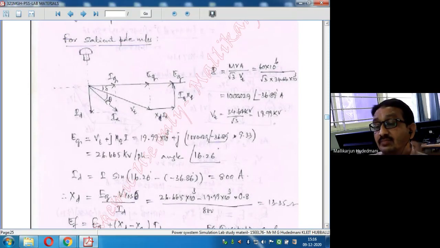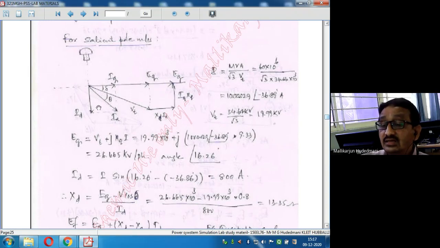I repeat: I began with terminal voltage Vt, behind which, lagging by an angle, the current Ia is represented. Ia is taken in two coordinates. The component of Ia along the pole axis is called the direct axis component, which is represented Id. We will see what the magnitude of Id is, and how you get Id and Iq from Ia, down the line of the writing.